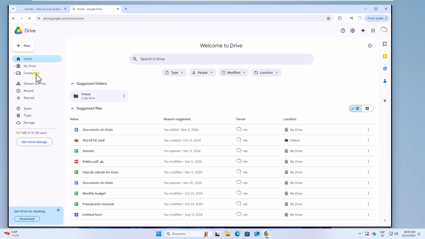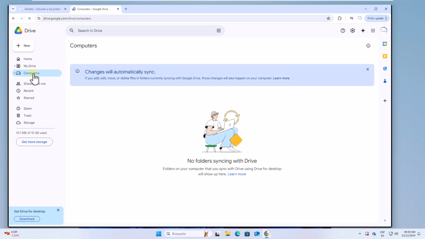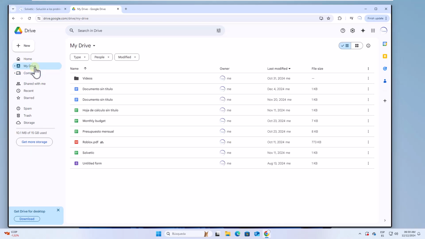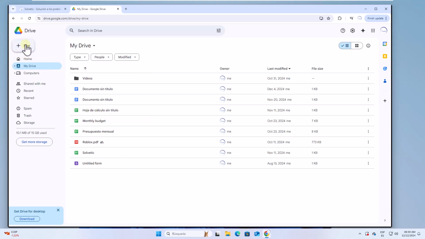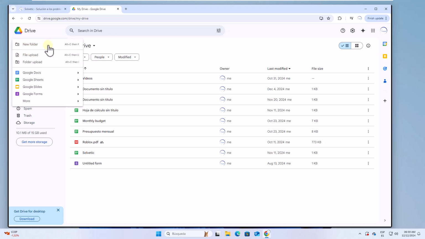Now click on Computers. This allows you to see the associated PCs. From the section My Drive, you can see the files that have been uploaded. Finally, when you click on New, you can create a new folder or directly upload files or folders to your